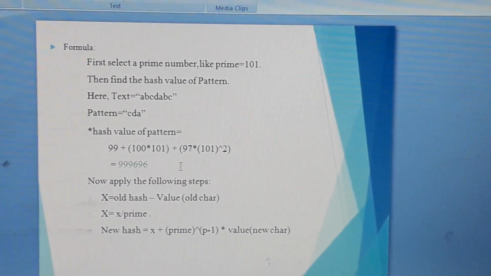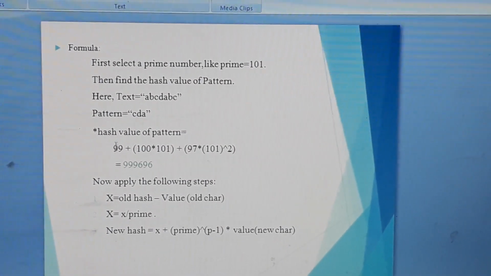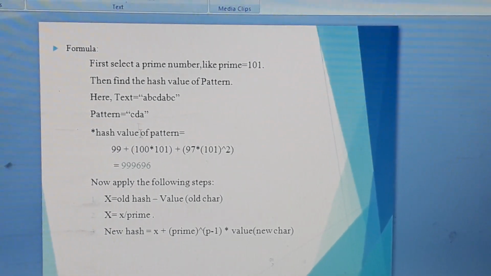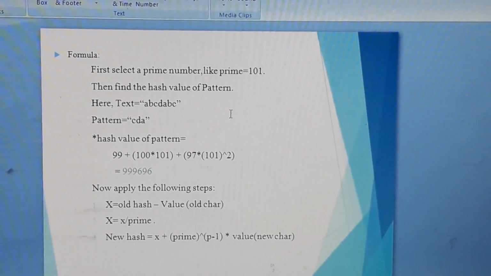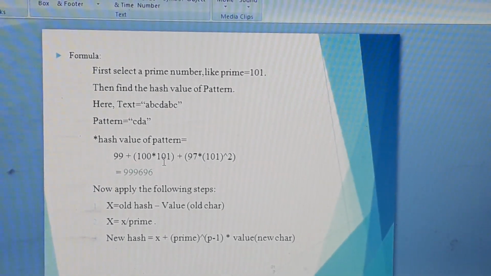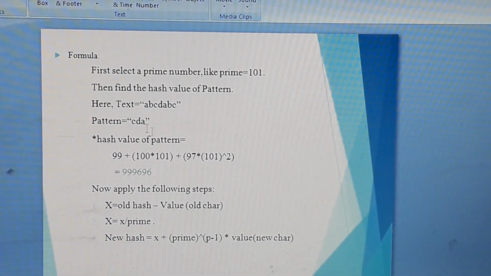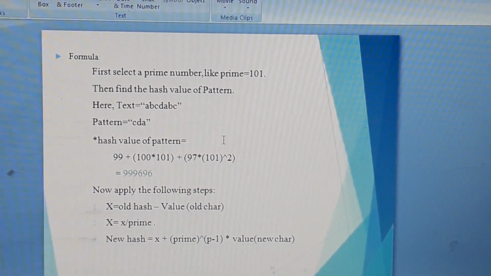So we have taken the ASCII value for C, which is 99, plus the ASCII value for D, 101, and then multiply by the prime number 101, plus the ASCII value for A, which is 97, and then 101 and the power is given